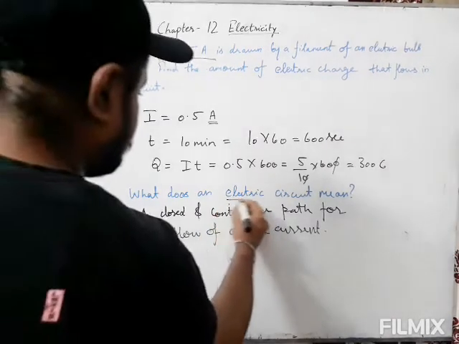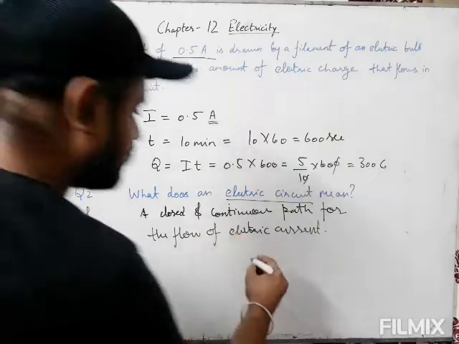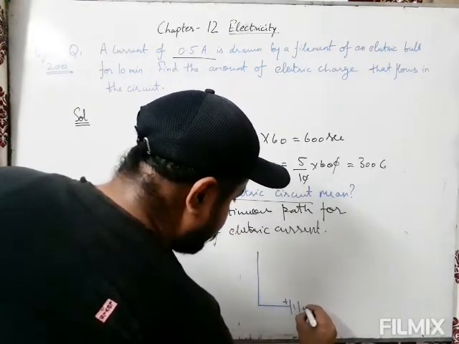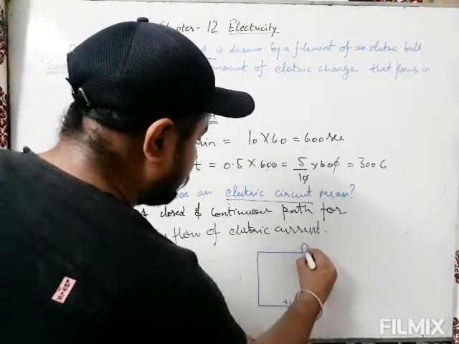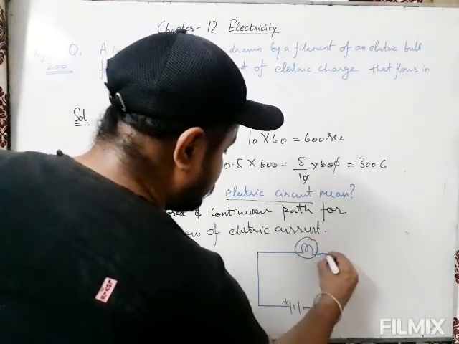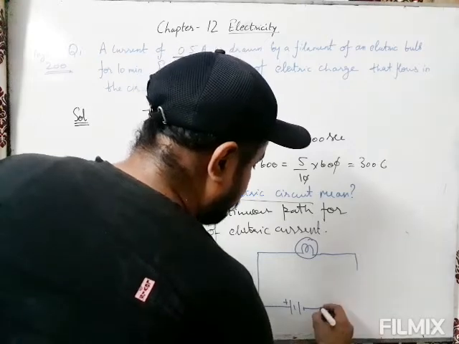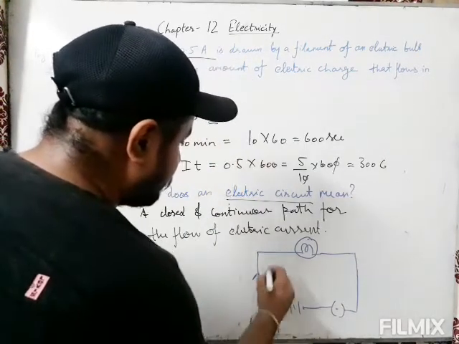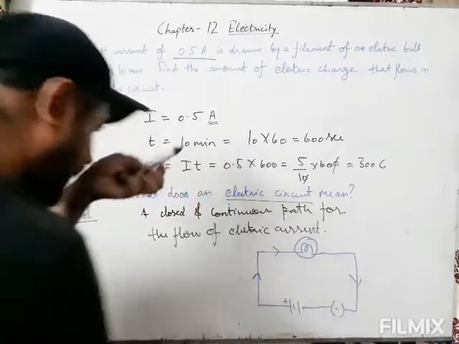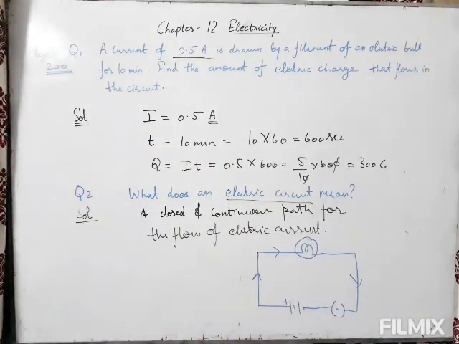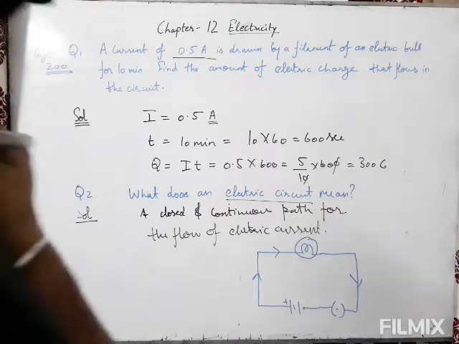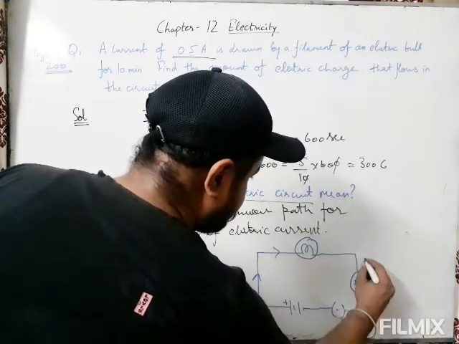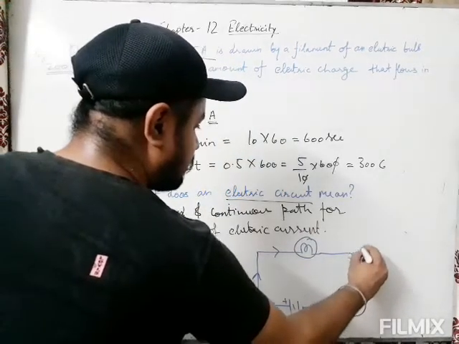Now if we make an electric circuit over here, we require a source, that is a cell, or it can be a battery. We require a load, that can be a bulb or a resistance. We have to apply the controlling switch over here so that the current may flow. It is the simplest form of electric circuit shown over here. We can also add a meter over here, that is called an ammeter, to measure the current in the circuit. We can apply that also.